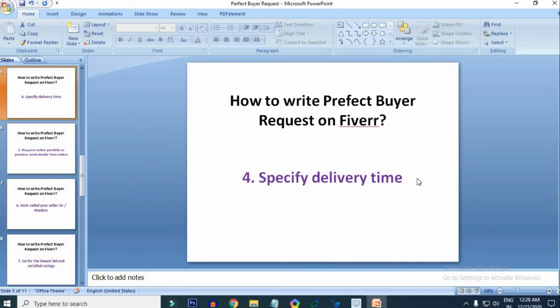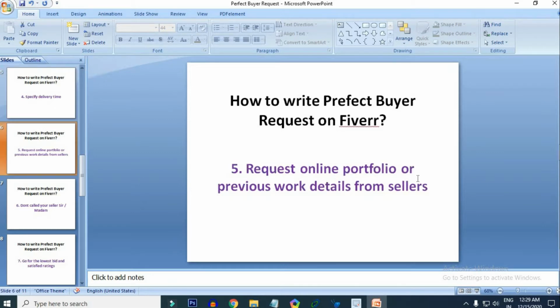Sellers will see the time period, and if they believe they can do that project in the time, then only they will apply. So you can receive valid, shortlisted applications. After that, you will read all the proposals and you can contact your applied sellers.